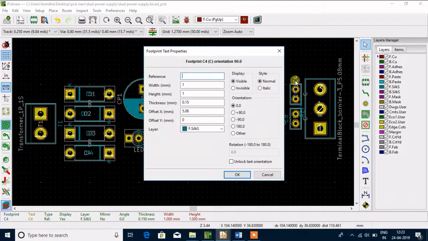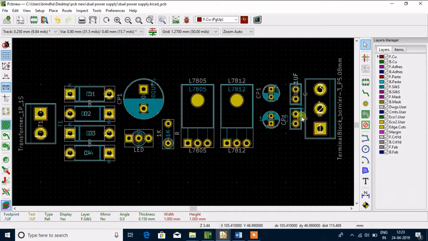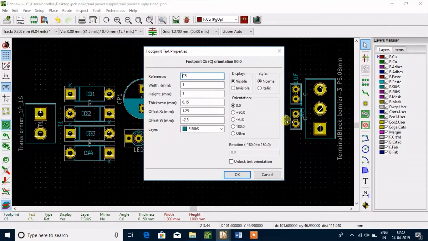This one is 0.1 type of disk capacitor. This one also is the same kind, 0.1 µF